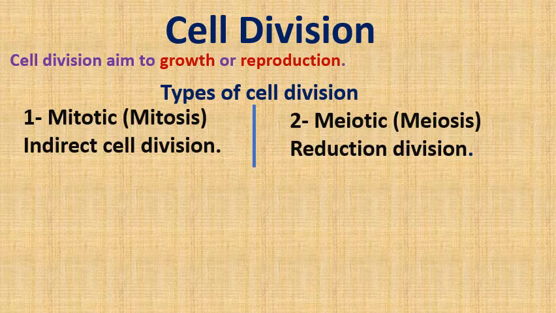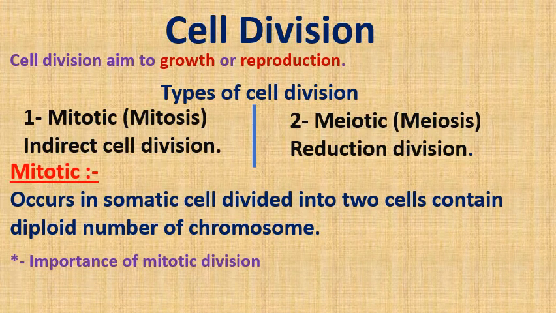In this part, we will talk about mitotic division only. I can call it the mitotic division, or indirect cell division. Okay? Firstly, what's meant by mitotic division? Pay attention. Mitotic division takes place in somatic cell only. So now, which type of cell will divide into more than one cell? Yeah, somatic cell. Only. Mitotic division takes place in somatic cell only, by which each cell divided into two new